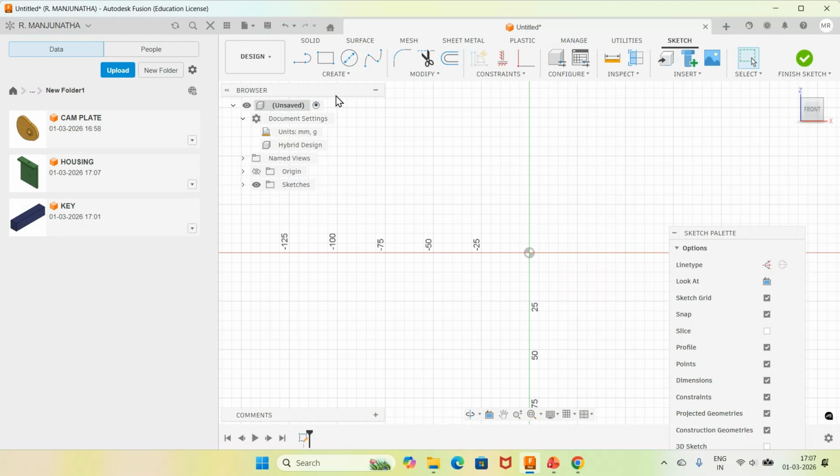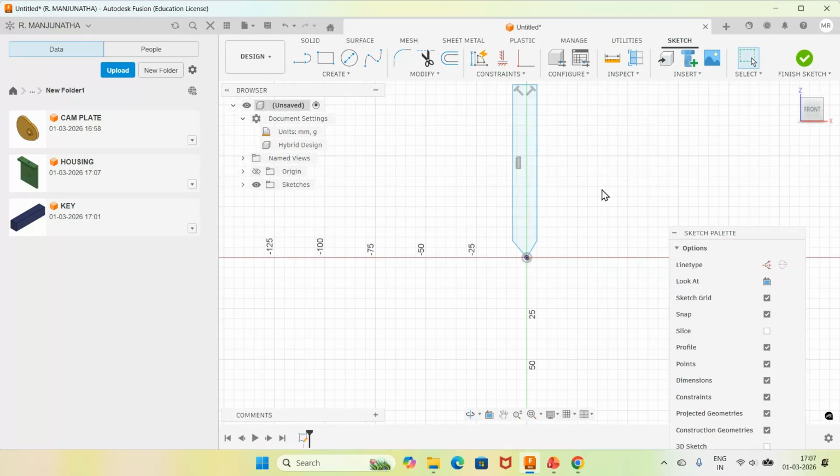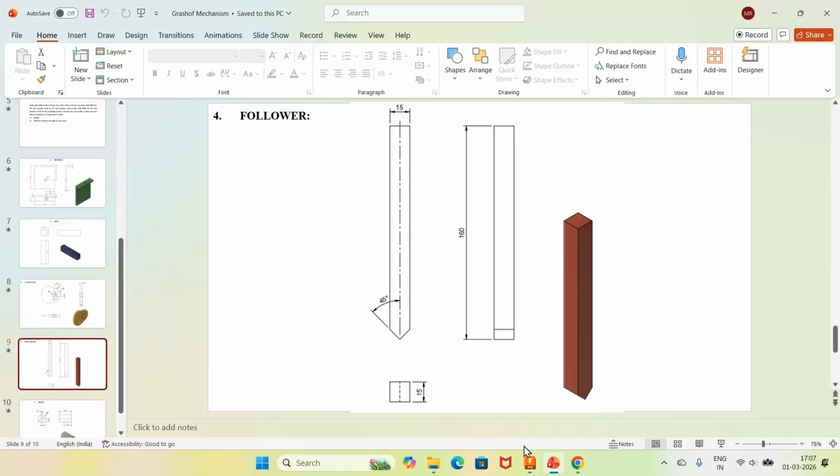Now I'll go for line, select some arbitrary point and you keep it here. And then you drag this on this side. Similarly on the other side, on this side. Of course, you can keep it on one side and constrain it and then mirror it. That also can be done. So first I will go for the center point. Basically first I want to place it at the center, which is